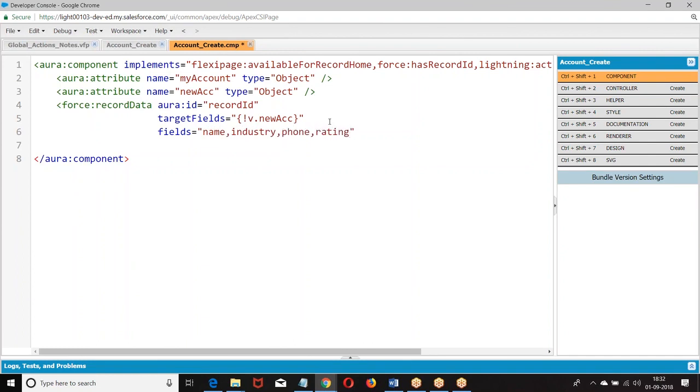Now, if I want to use the properties, we have one more concept. What is that? Instead of giving all this, I want to create a form. What is the concept we have? Record edit form, record view form. There automatically properties will be applied. Or else what are we supposed to do? I was supposed to go with the input field. Generally, that input field is used in record view form and record edit form.